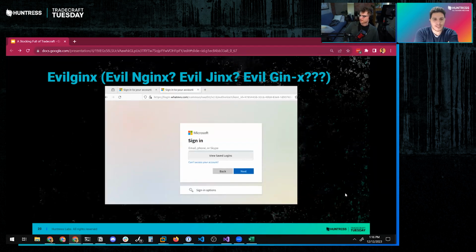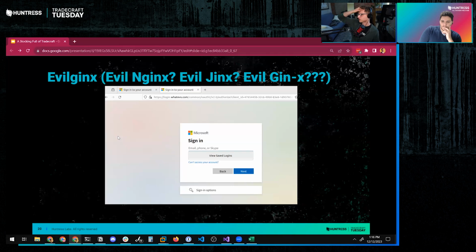But what if I were to show you this one right here? I see an equally legitimate authentication screen, Matt. Yes, except there's one key difference. Of course, we're being a little ham-fisted here, I understand, but we gotta have fun with this. So you'll notice that up top there, https://login.whatevs.com. So this would be an example of how the adversary has dropped in and created a domain and stood up Evilginx, and in this case it's whatevs.com, but this can be a typo-squatted domain.